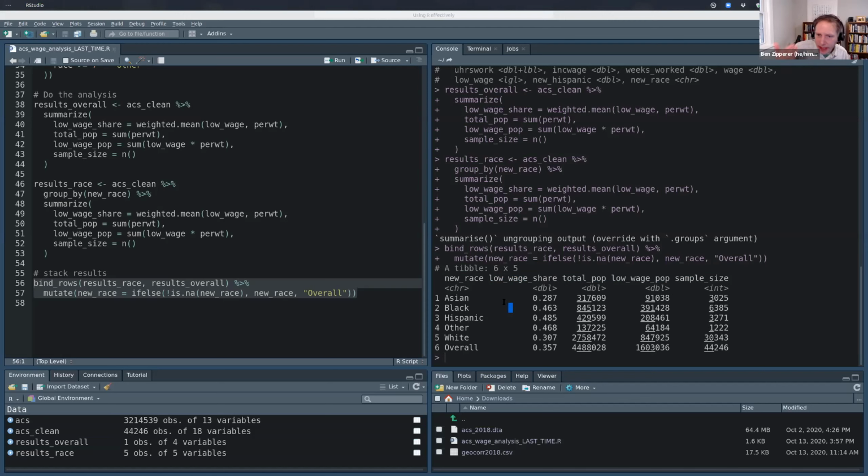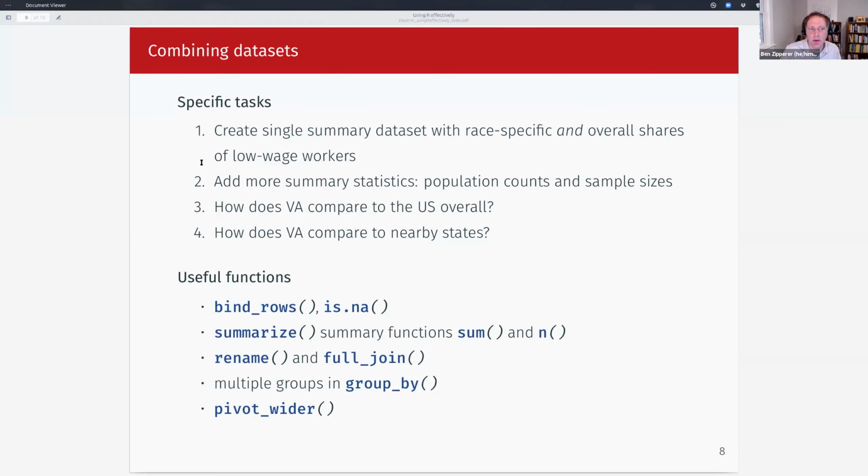So that's how you can create new columns using Summarize. That's how you can stack data together. That takes care of tasks 1 through 2. Okay, in the remaining amount of time, let's just keep going, and I will show us